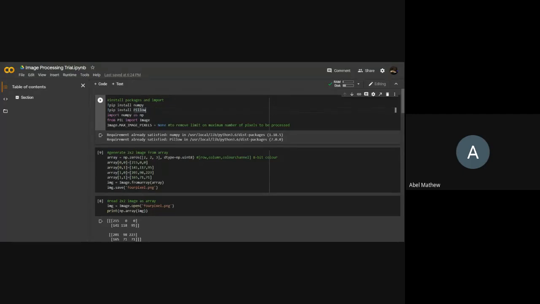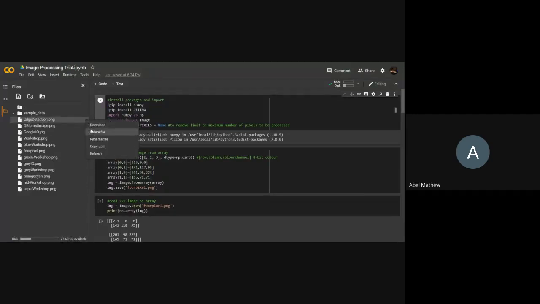So let me get some images. Before I do that, okay, I had run the code once. I will delete all the files so that it's fresh. If anyone knows how to delete all the files at a go, can tell me.